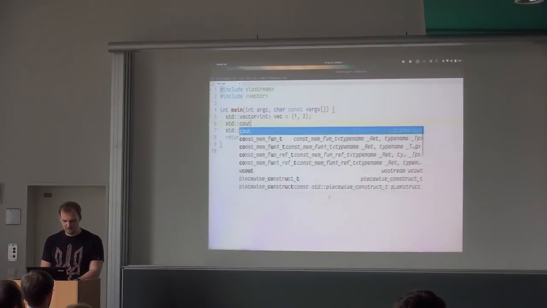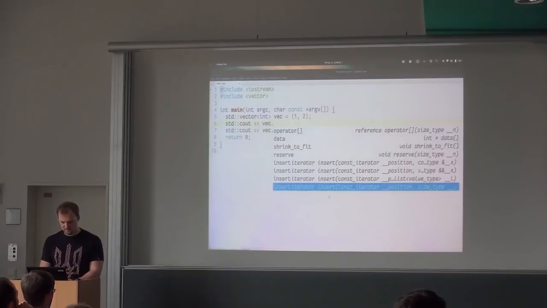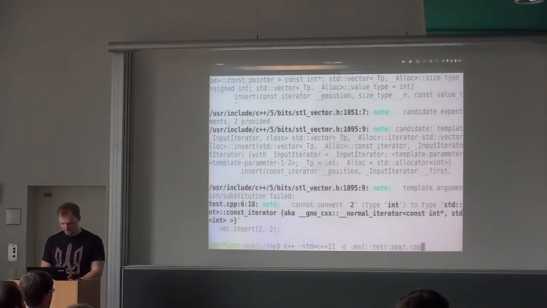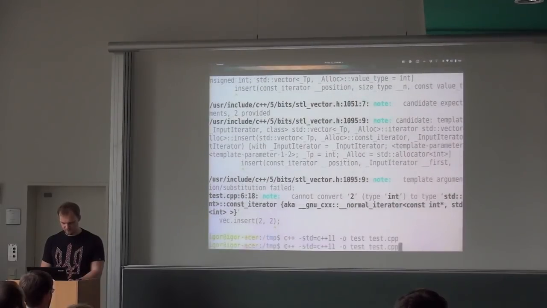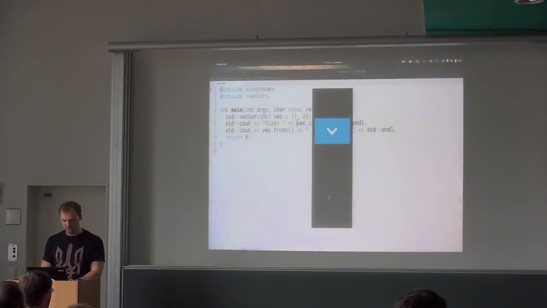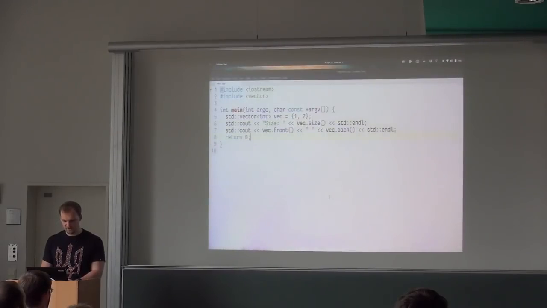If we type here size, okay, so size is 2 before I add something to it, and did I remove? Yeah, I removed the adding.